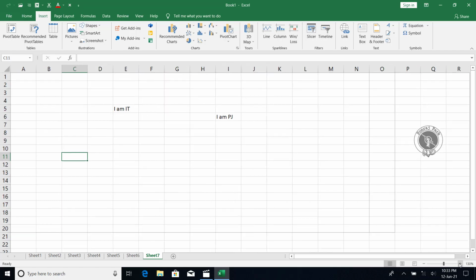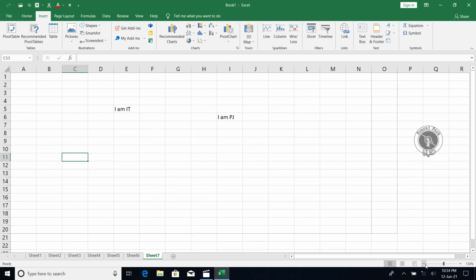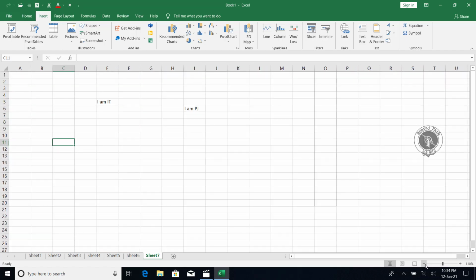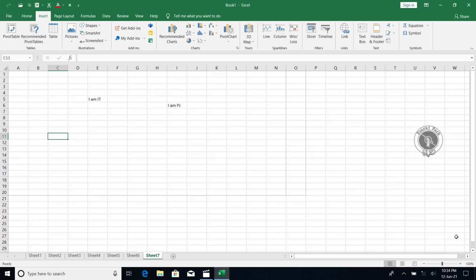You can use it as much as you want. Mostly this is used when you have lots of text and your font is very small in the Excel sheet and you want to read it clearly. At that time you can use this option. It's a very useful option. By default it's at 100%, which is the normal view.